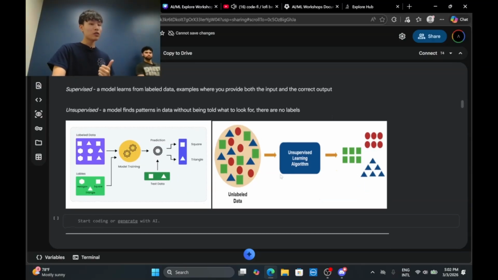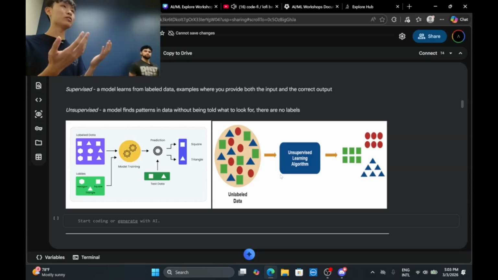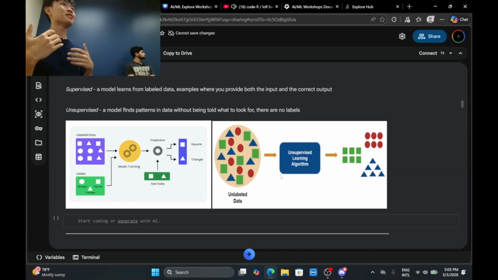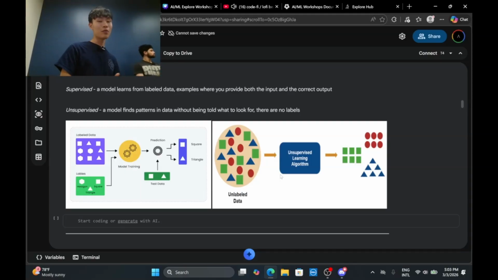Unsupervised learning is when we train the model without labeled data. So at this time, I only give it the image without the label. So why do we do that? Why do we train a model with images that have no label? Isn't that going to increase the difficulty when we train a model?